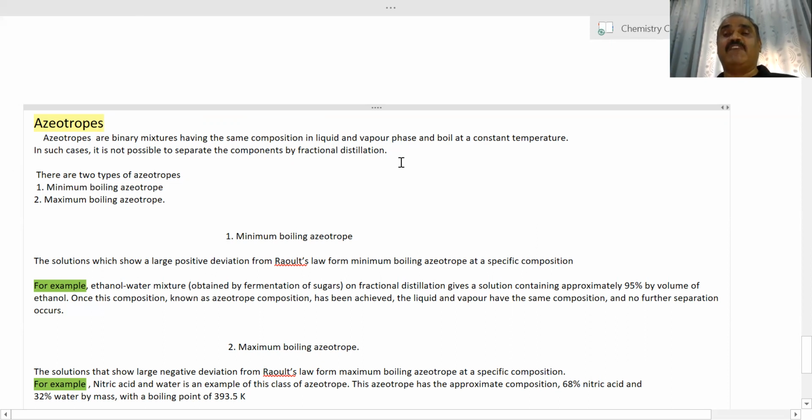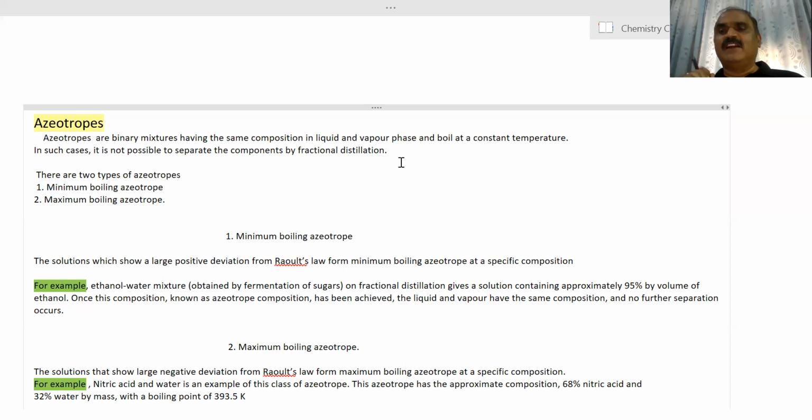You must have learned in your 11th syllabus how to separate ethyl alcohol and water. We have a solution having ethyl alcohol and water. What we do is fractional distillation. We heat it slightly. Boiling point of water is 100 degrees Celsius and that of alcohol is 40. First vapors of alcohol are formed and we collect these vapors by condensation, separate these, then water. So simple. But what if both are evaporating with the same speed? Then such a solution cannot be separated by fractional distillation.